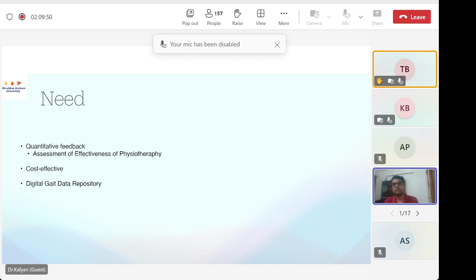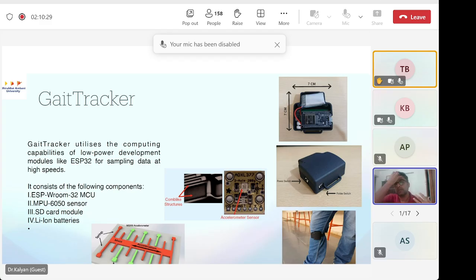So if I have such data, I can give some quantitative feedback, whatever that feedback is, which can further help in assessing the effectiveness of a physiotherapy session. So that's the cost effective part of it. So these were three major points, and that led us to come up with a device called Gait Tracker,